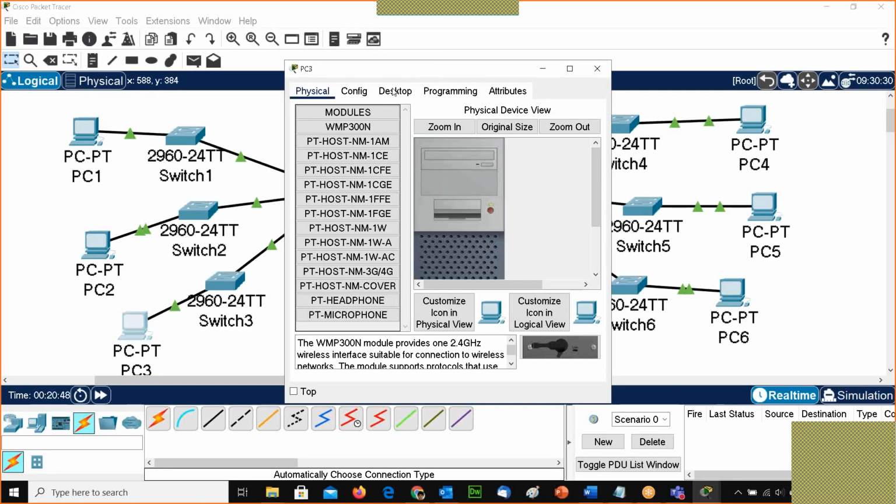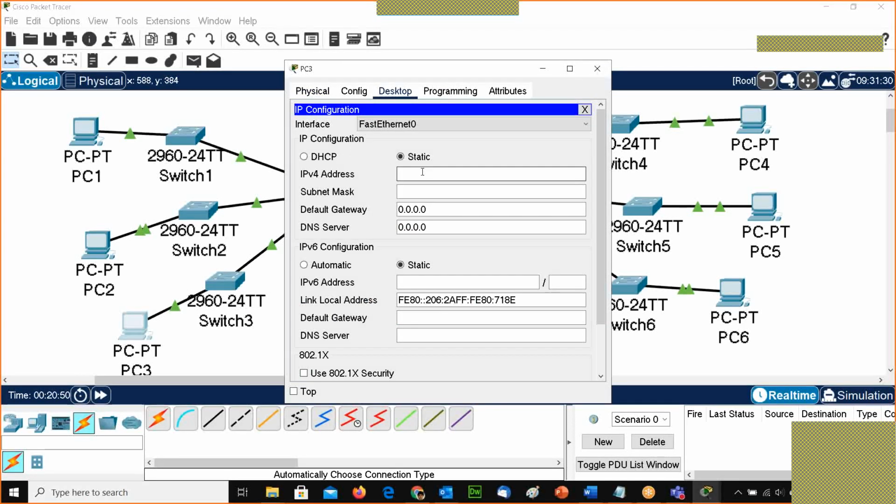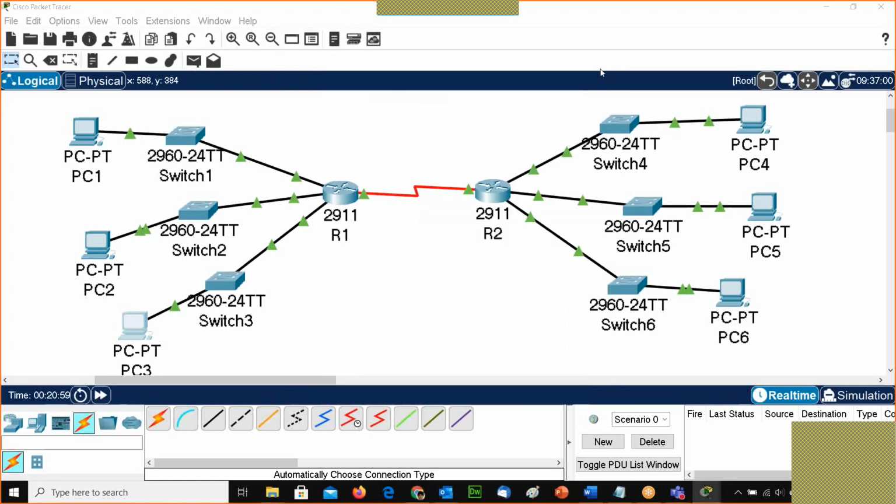Then go to the PC and we need to give the IP address. Here I'm giving 2.10. So I have configured PC1. I can check by pinging from PC1 to R1.